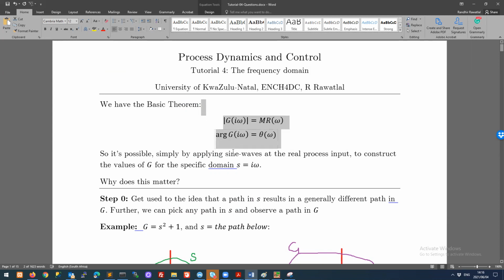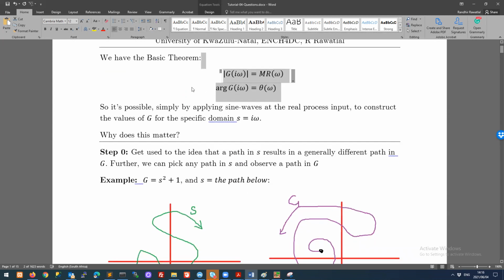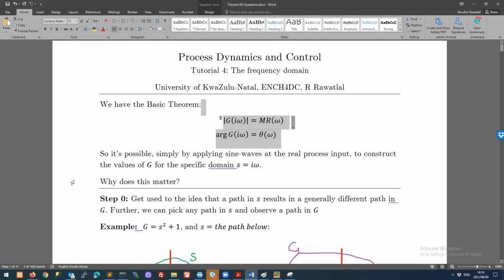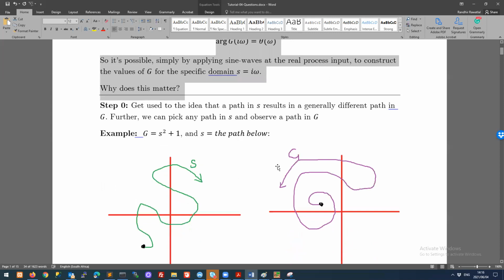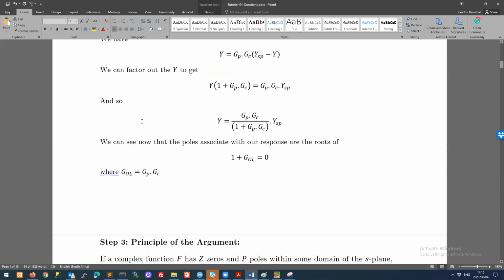So we don't quite know yet what to do with this result, but this is one thing we can say. In the last contact session, we derived this relationship. You can, of course, look in the notes and look at that derivation. Now we want to answer, why does this matter and how can we use this fact for the purpose of control? Towards doing that,